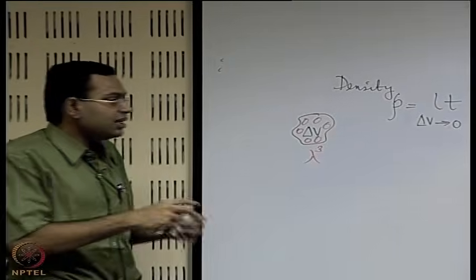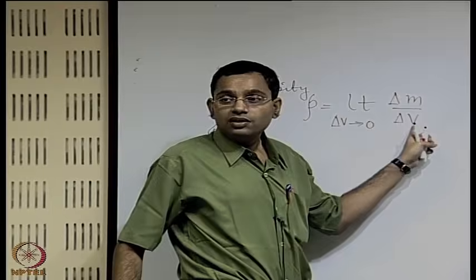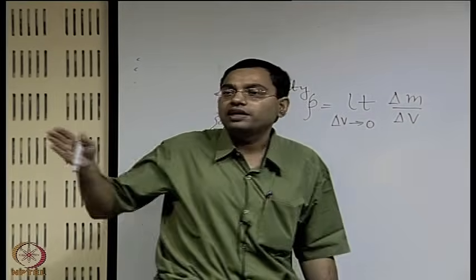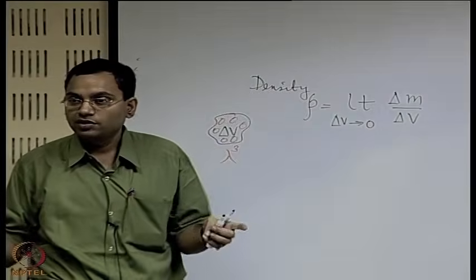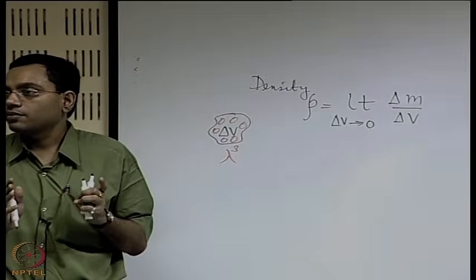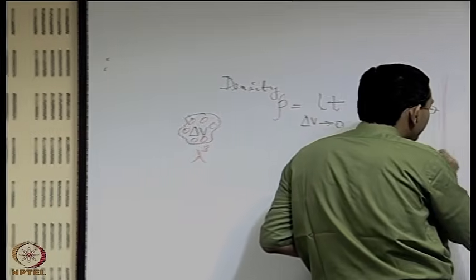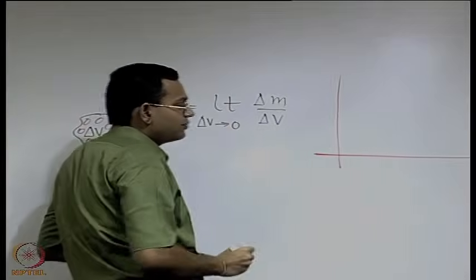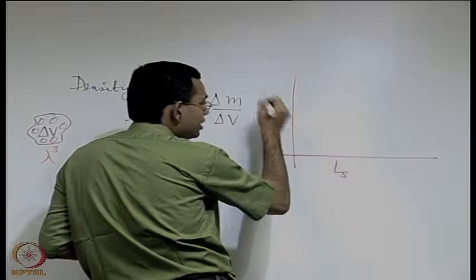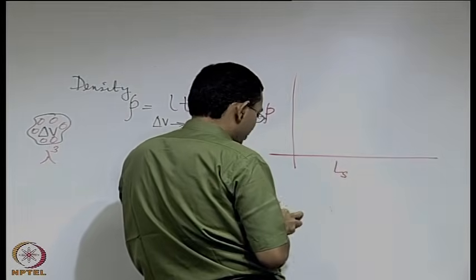On the other hand, if you take this volume delta V very large, then also we can calculate a density, but it will not be able to capture the local variations; it will give a global average. Therefore one has to choose a threshold length scale for calculating this density, and see how it is sensitive to the length scale. If you make a plot of the length scale that you choose, say we call it LS, and the density that you predict, you will see that if you choose a very small length scale,